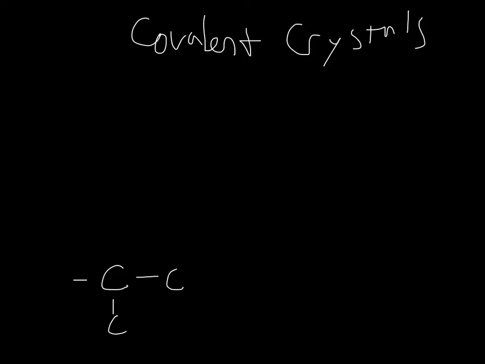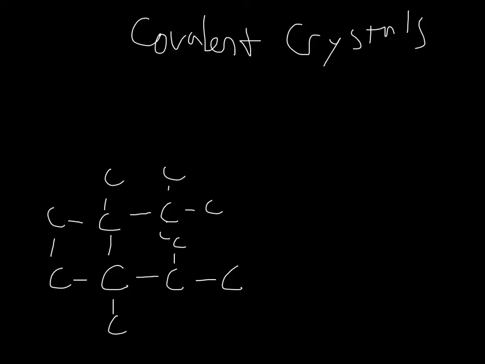So you'll see carbon bonded into infinity. I'm sure at some point they start bonding with the other carbons around them to make the diamond not go on forever. Alright, well, covalent crystals are